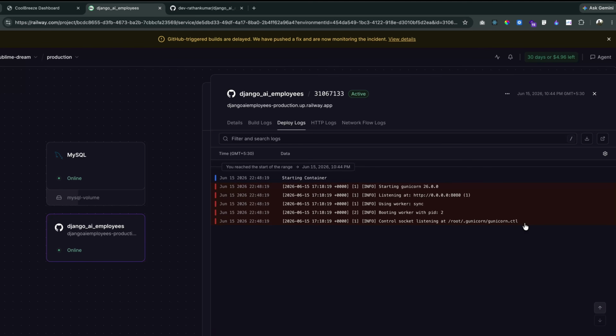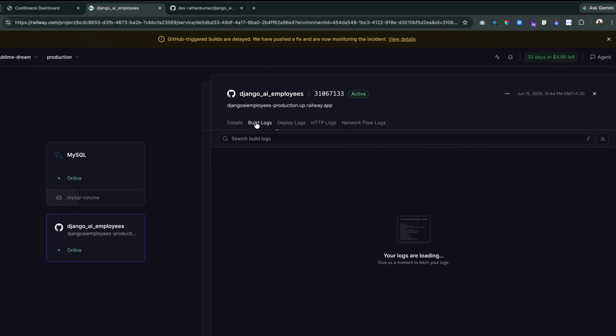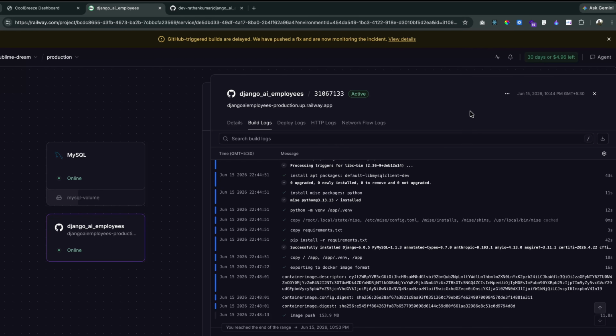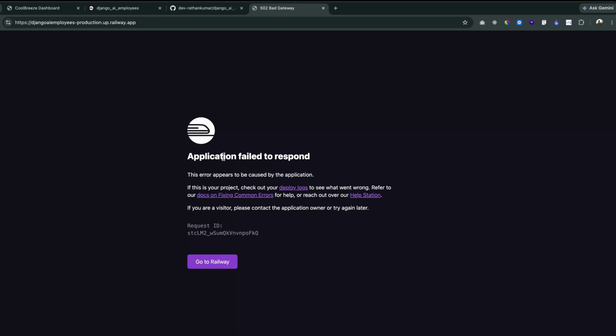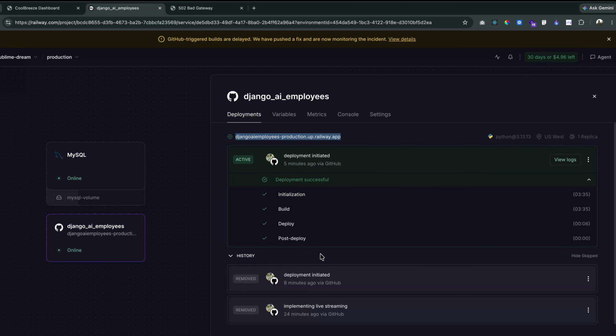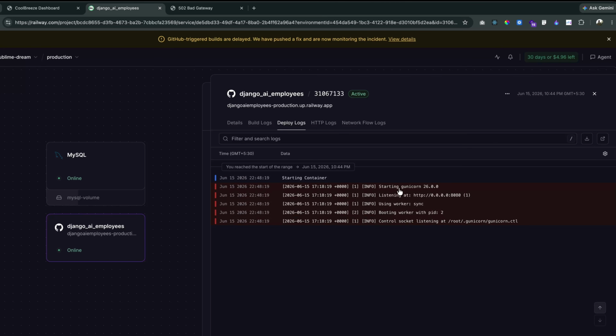Okay, so there's still a problem, but you know what? The container is running. Let's try to access our site. Let me copy this and come here and see. Okay, so the application failed to respond, and we got 502 error. Okay, so 502 bad gateway, which means I think it's actually